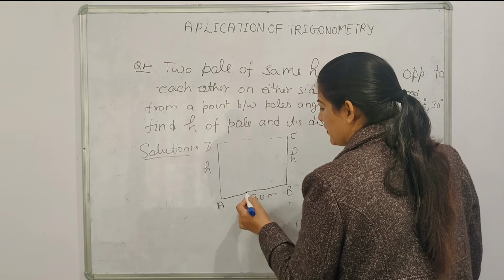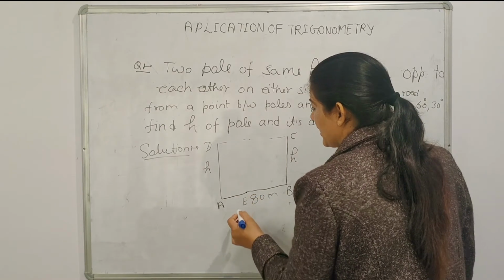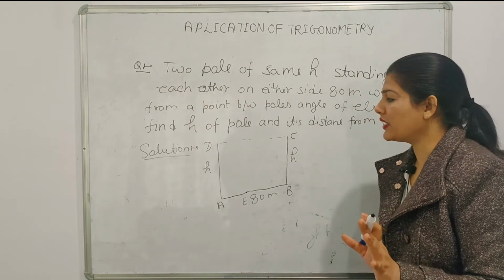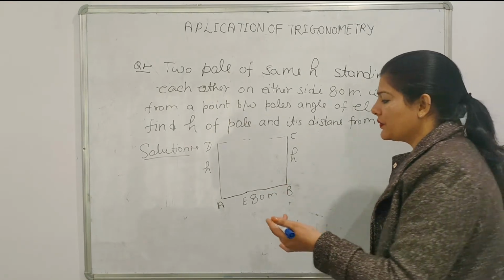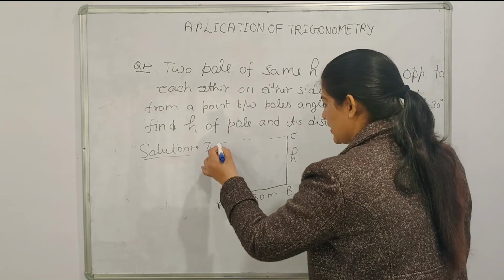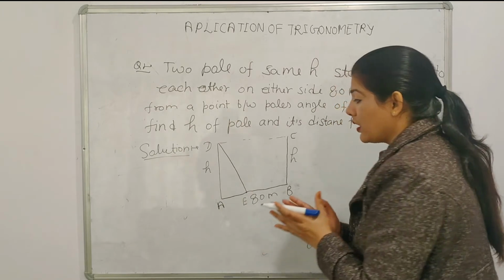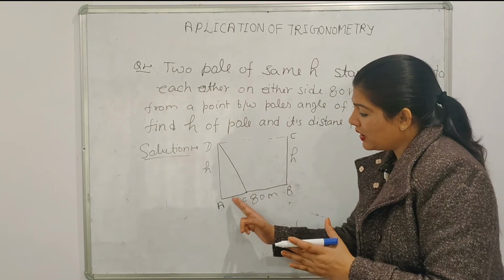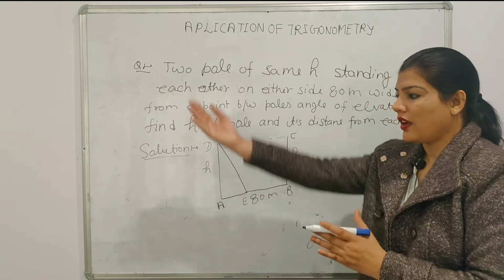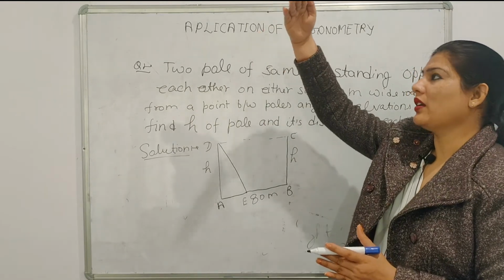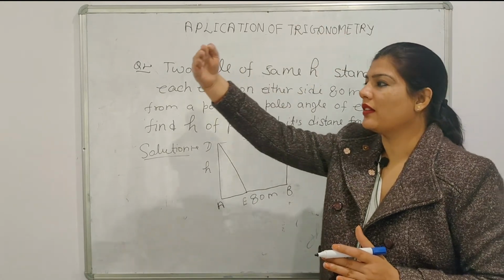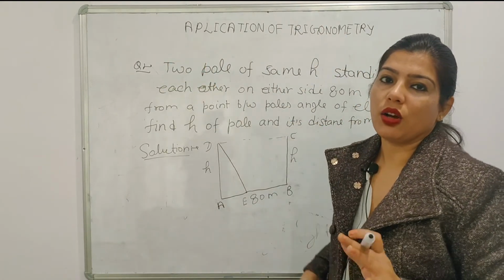Suppose that point lies here, E, and they are not saying that this point lies exactly in between. That is not the bisector. They are not saying that. In between, anywhere it can lie. So suppose it is here. The angle of elevation from one point is 60. To whichever pole it is nearby, it will make a greater angle, because if I'm looking at my hand and this is above me and this is nearby me, I have to look at it like this, and if it goes back, then I have to make less angle of elevation.